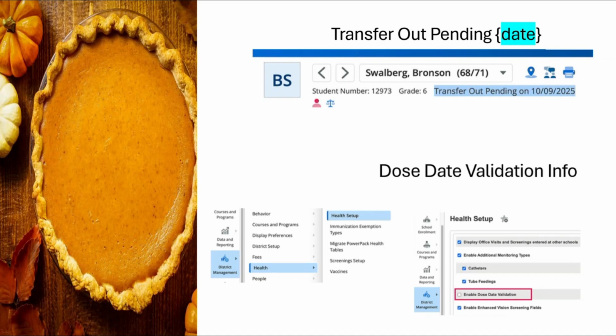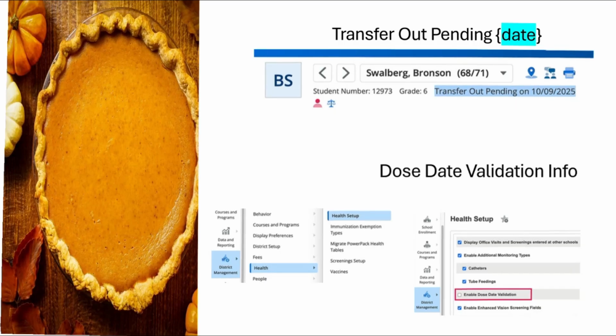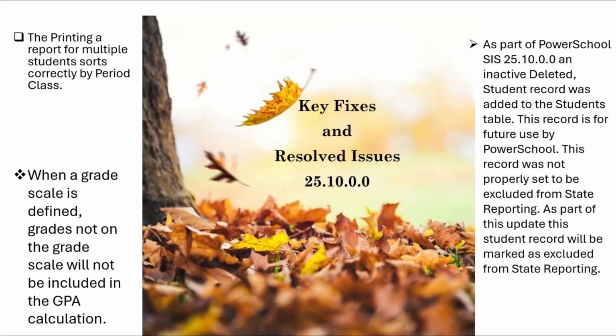My next one that I'm going to do is more key fixes and resolved issues. This is for the 25.10.0.0. There are 3. The printing report for multiple students sorts correctly by period, which is wonderful. When a grade scale is defined, grades not on the grade scale will not be included in the GPA calculation. And then the last one is as a part of PowerSchool Sys, you can read that,